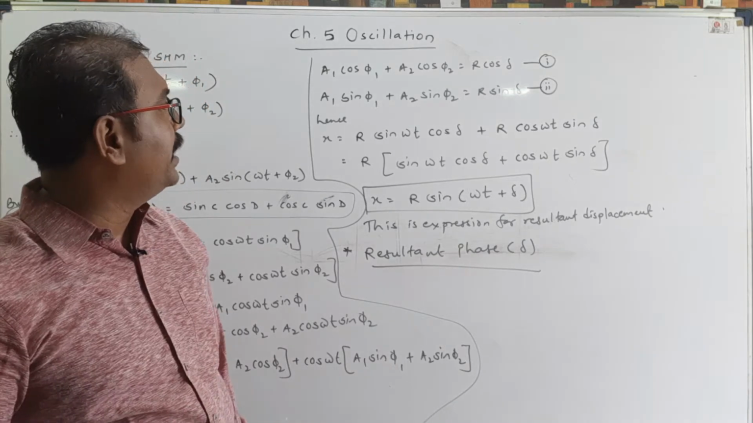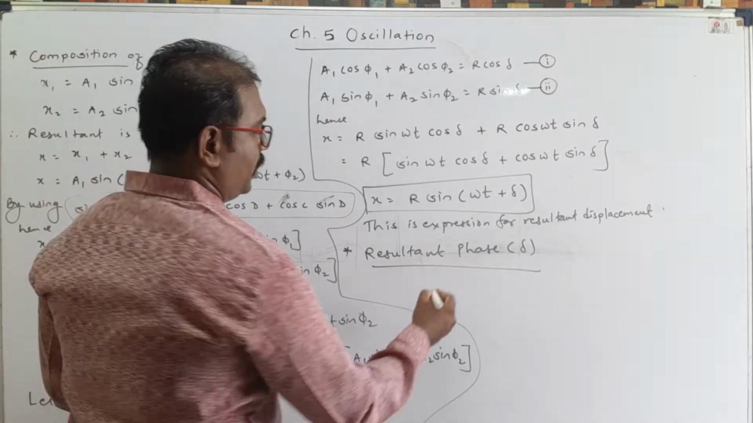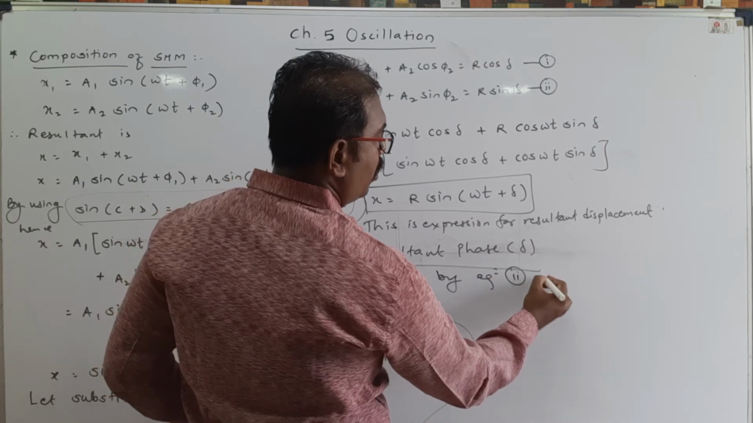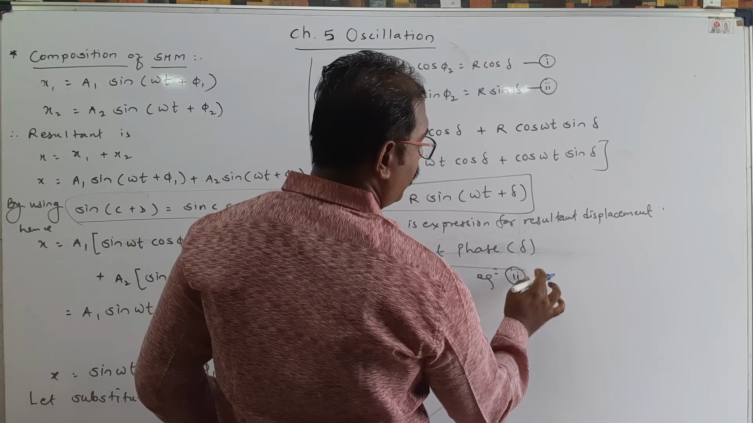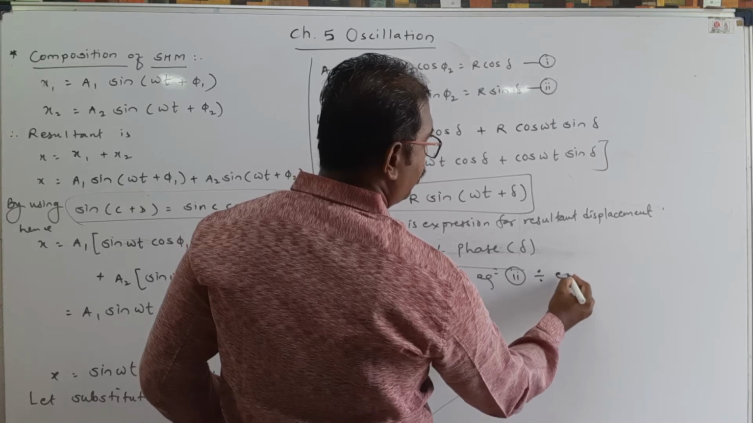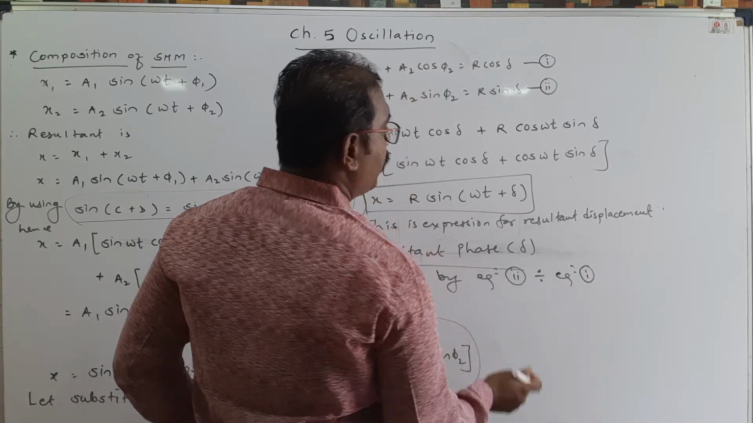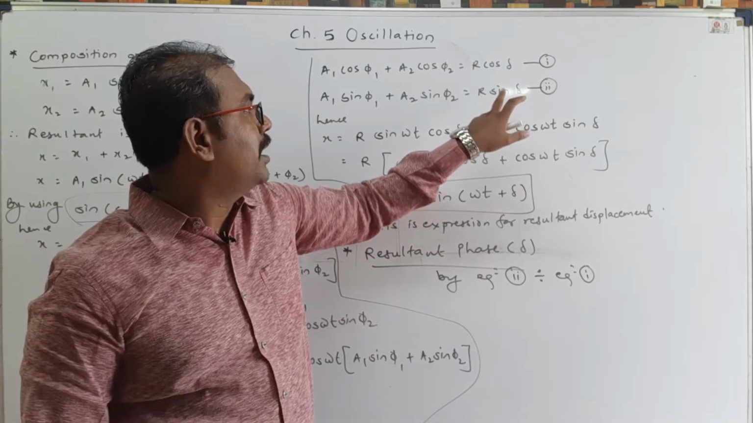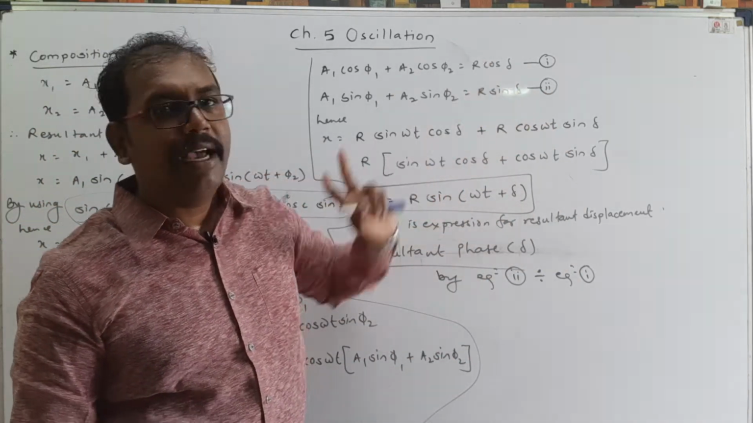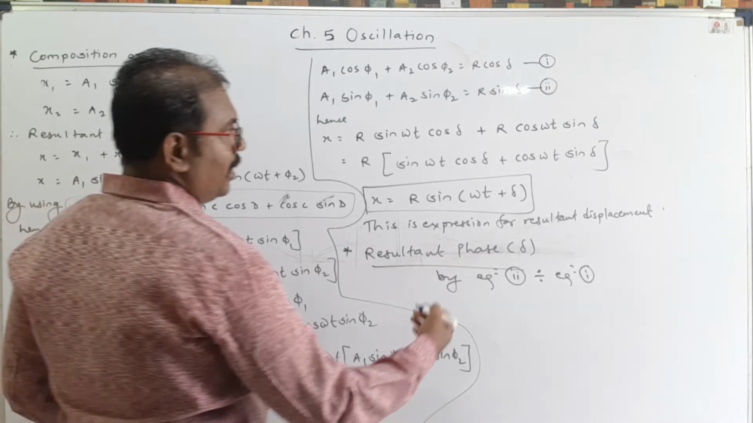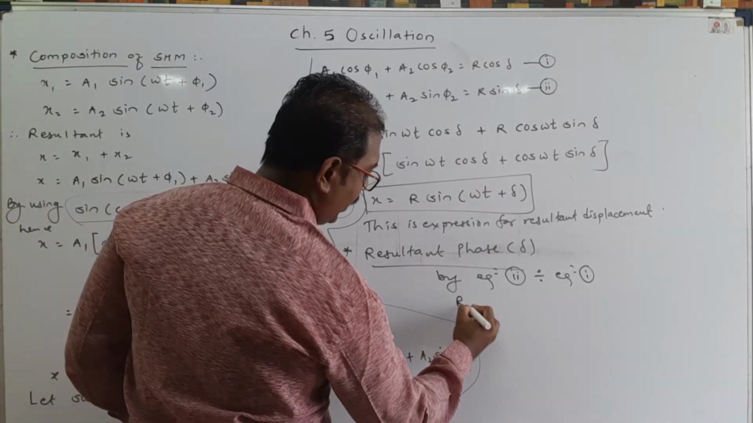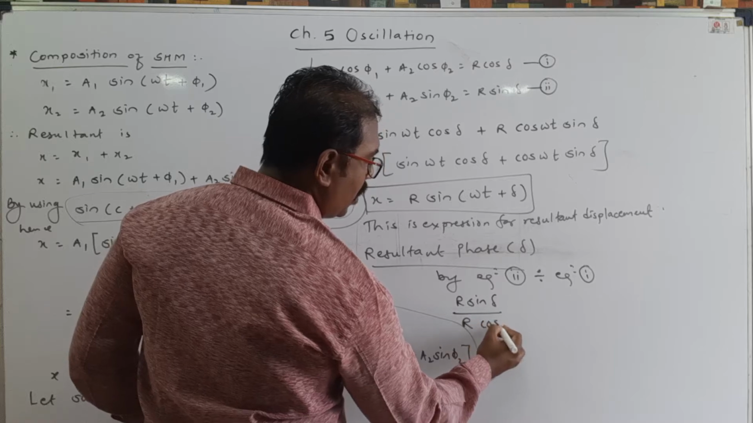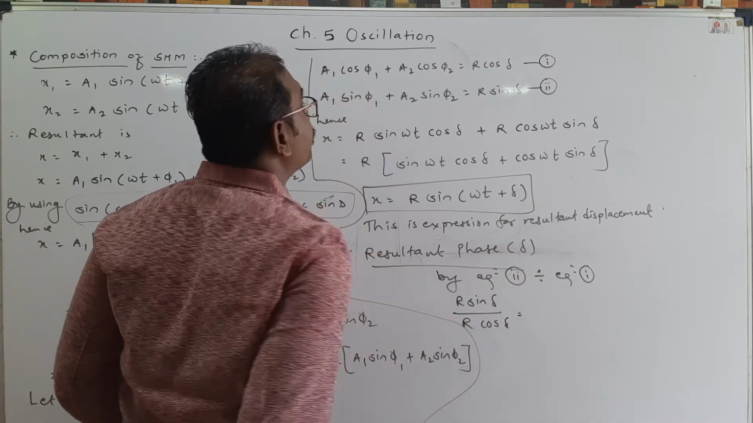So we can do one thing here. We can take the division of these two: equation 2 divided by equation 1. What do we get? I write the right hand side first: R sin delta divided by R cos delta. The R gets cancelled. So I write it like this: R sin delta divided by R cos delta is equal to